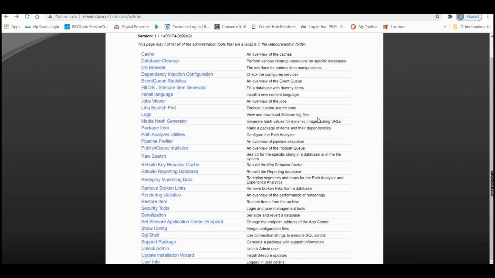If you want to clear the cache, you can use cache. If you want to view the log, you can use the logs. Likewise, if you want to search something, you can use the raw search. And if you want to view the user details, you can use the user info. Pretty much all the links are available, you can directly go to them and solve the issue.